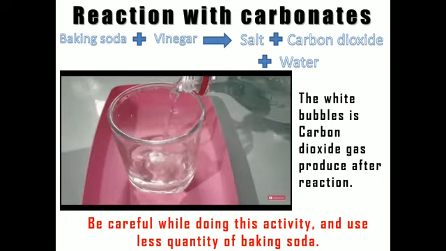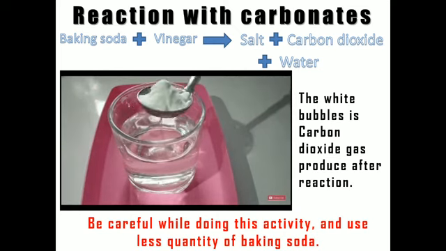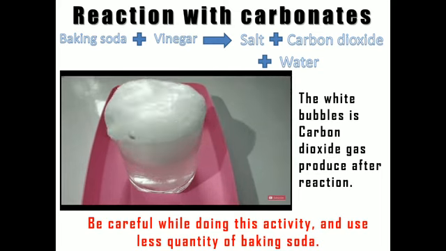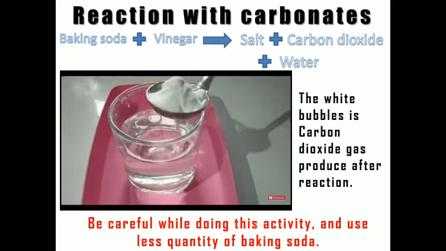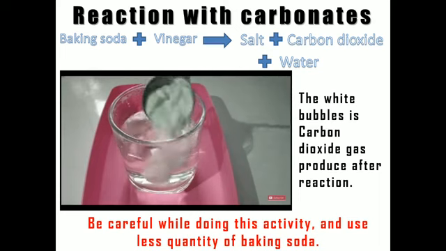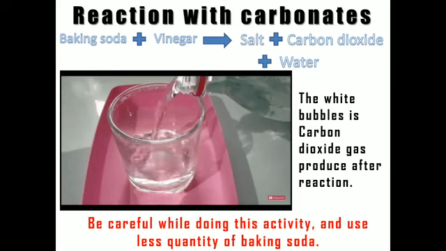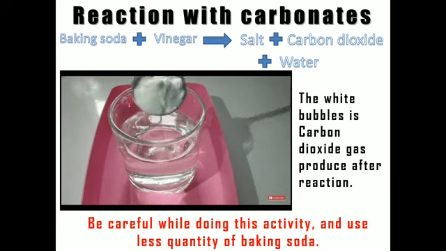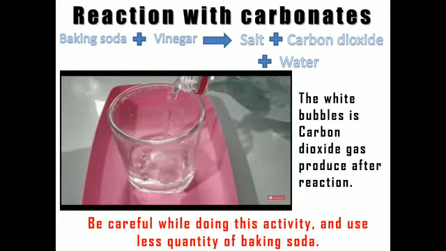Remember, for this reaction you can take any carbonate salt, not only baking soda, and instead of vinegar, which is acetic acid, we can take other acids also, like sulfuric acid. Carbon dioxide is going to be released when we are using carbonate salt. Remember, don't perform this activity at home. This is a little bit risky. If you are performing it, be careful. Take a small amount of acid, that is vinegar, and a small amount of baking soda, and you can have this reaction, but be careful. Okay, now moving ahead.